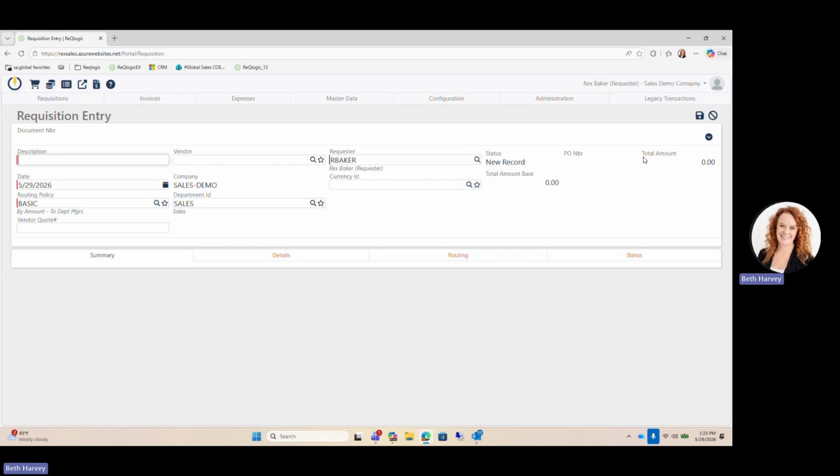The top is the header information. And this is just basically saying, what is this requisition for? What is it? What is needed? And I'm going to say new hire supplies for North Office. Now, one requisition can create multiple purchase orders, so I don't have to choose a vendor at